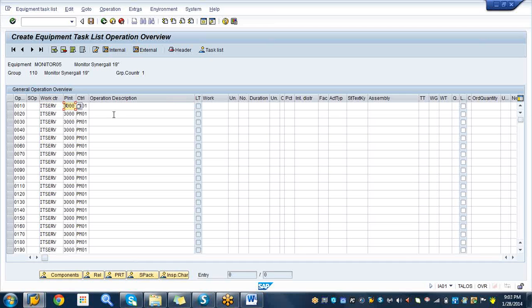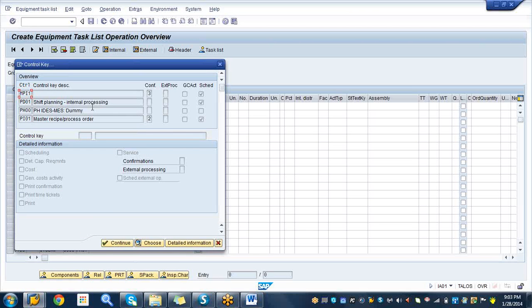3000 is the plant. Control key PM01. So the PM01 is trying to control several parameters, and if you want to take a look at it, scroll down all the way till you see PM01. Okay, put your cursor right there on PM01 and click on detail information. So the detail information for this particular control key